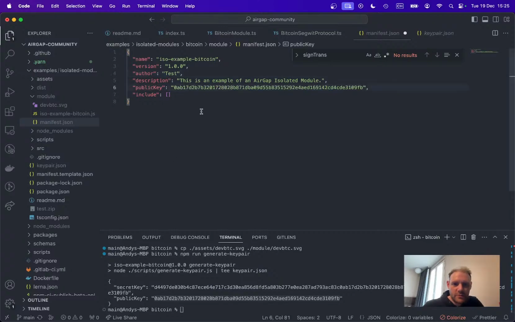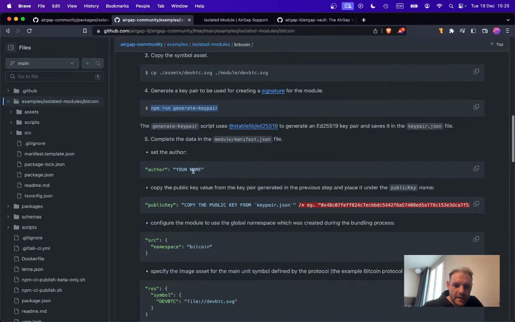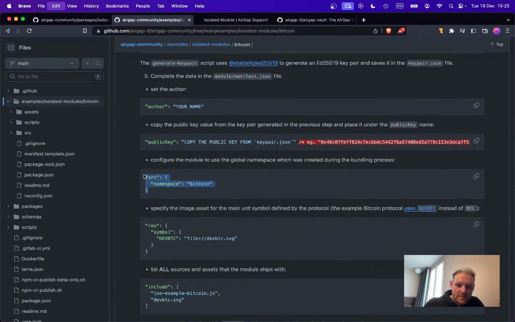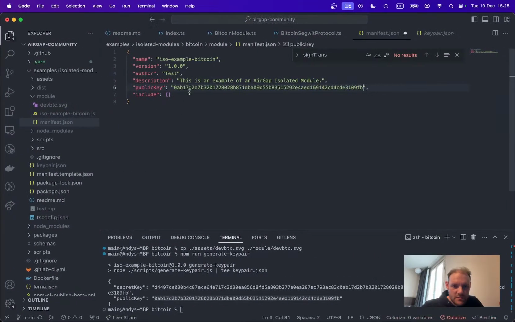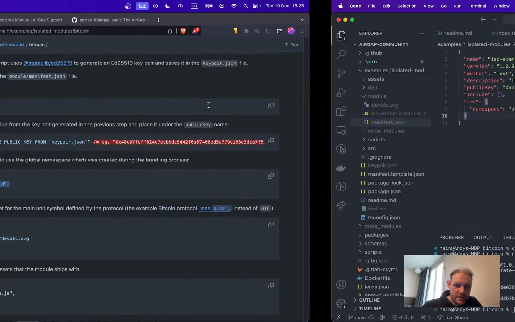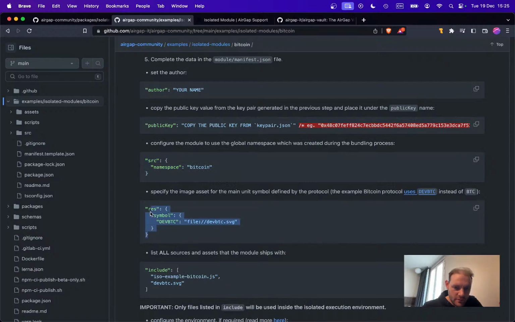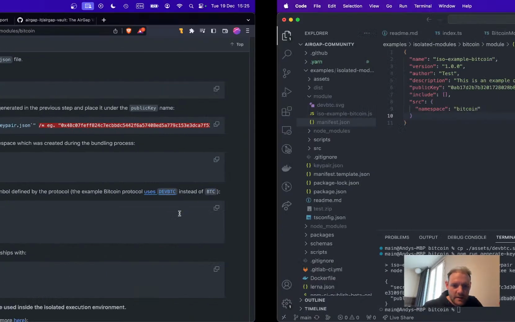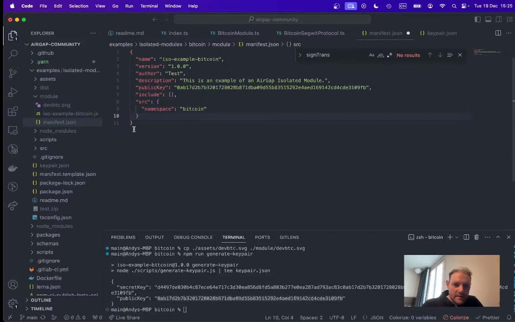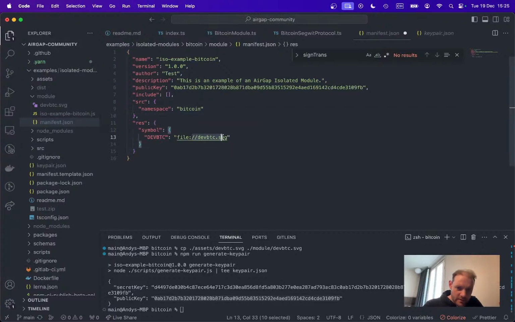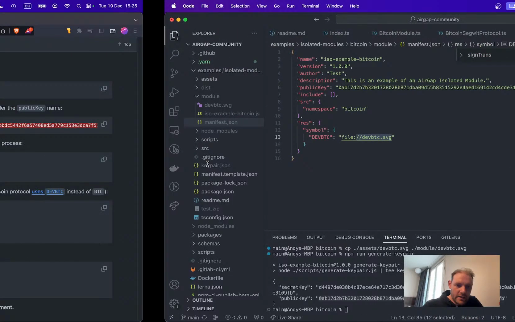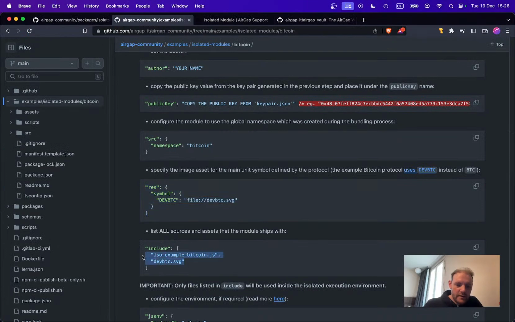So I'll use the one that we just generated. And then we also have to specify the namespace. So I will add this here. This is all documented in the documentation, so we don't have to go into too much depth here. Then we define where the logo is located, and then we have to define which